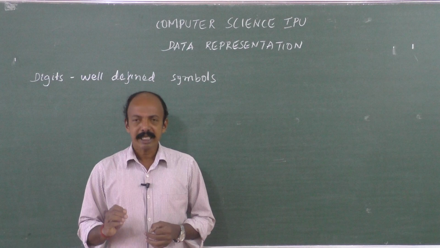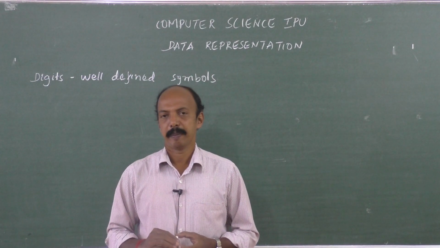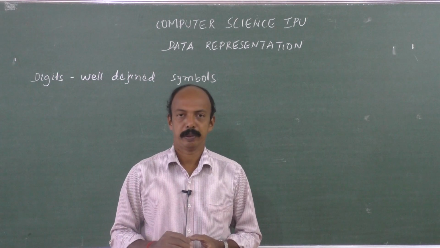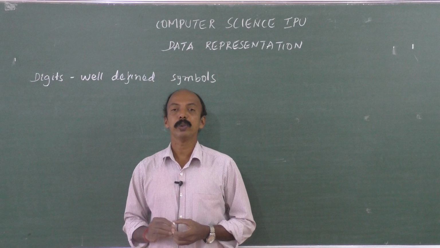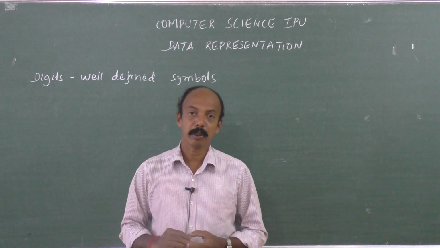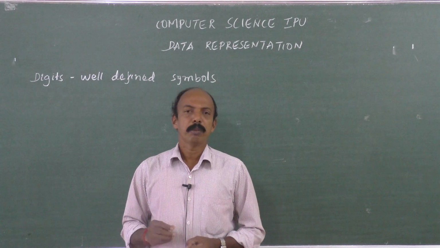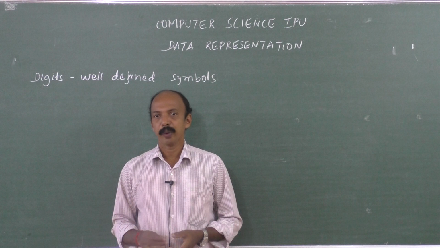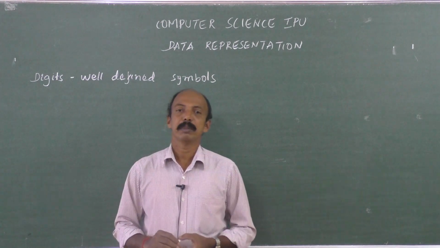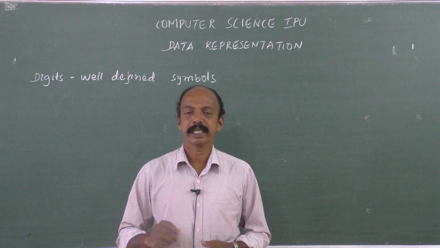Now, when we store some data in the memory, how will it be stored? It will be stored in the form of numbers. That's why the number system becomes so important for us. Everything will be stored in the form of zeros and ones, but in real life we are using a decimal number system. We shall look into all those concepts in today's class.